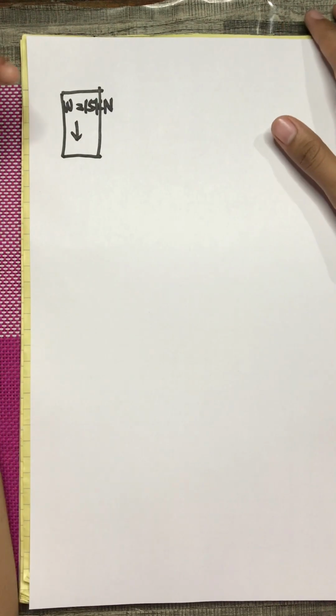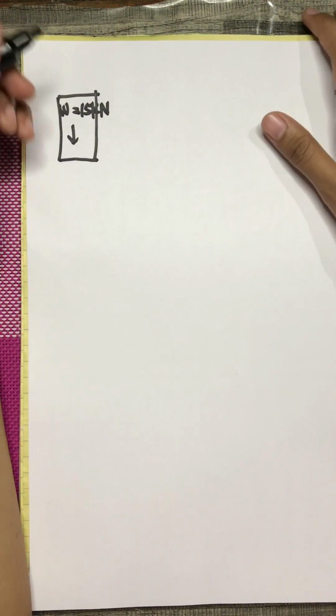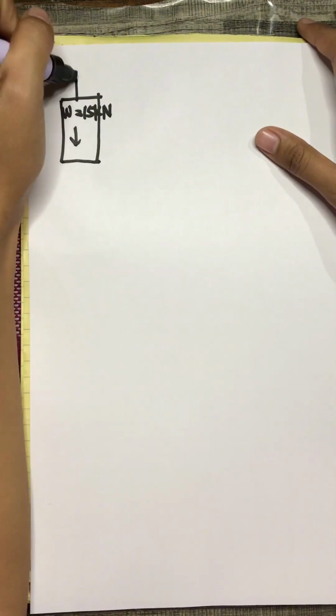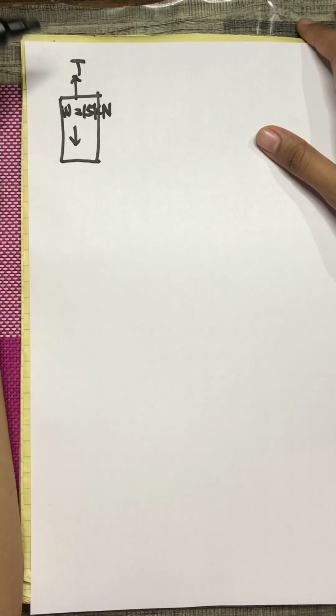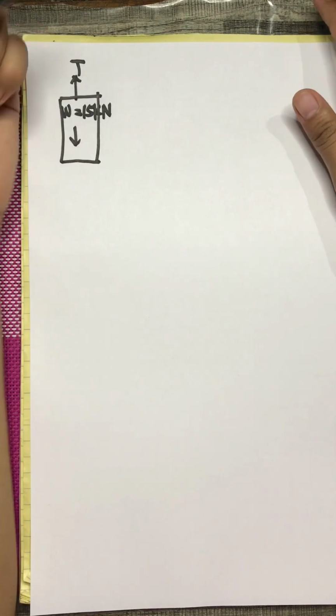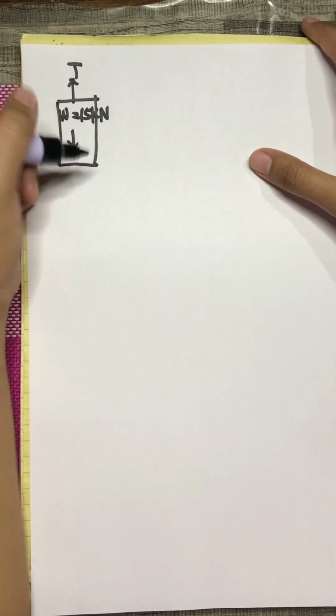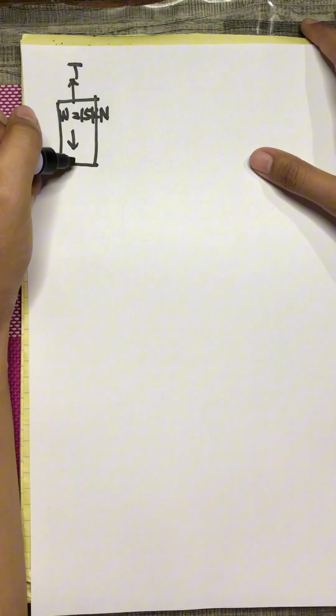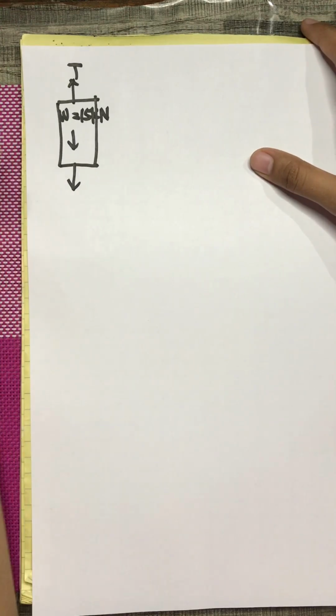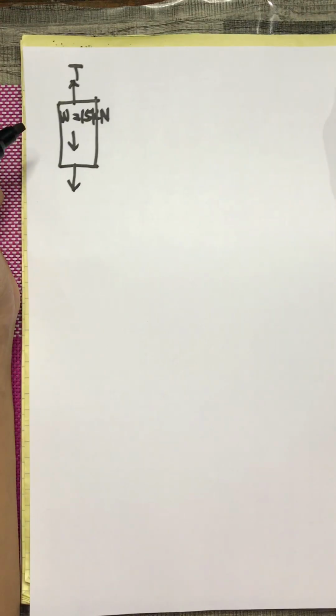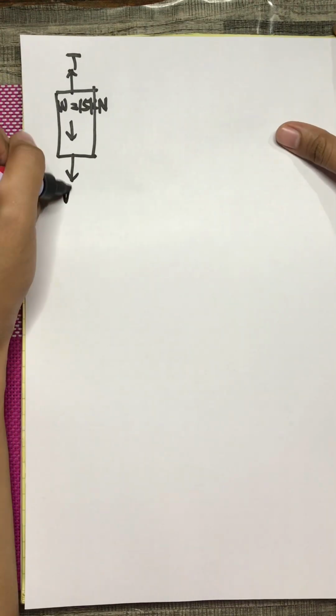Then it acquires an upward velocity, so the tension is going upward. Because it's going upward, the effective force is down because it's always opposite of the motion,